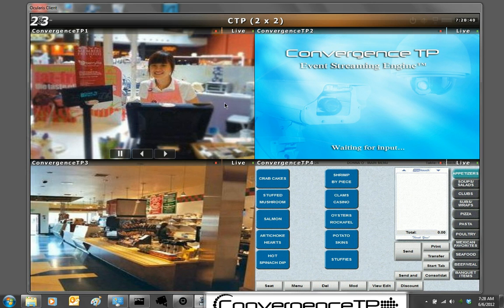Before I begin the POS demonstration, let me first explain what we're looking at on the screen. This is a standard HonestSI Ocularis client set up in a 2x2 configuration. The left two images are actually static images set up to simulate a POS environment. The image on the bottom right is the actual workstation terminal we'll be using for this demo. Traffic from this terminal will be streamed to the screen on the top right, and we'll see that live as